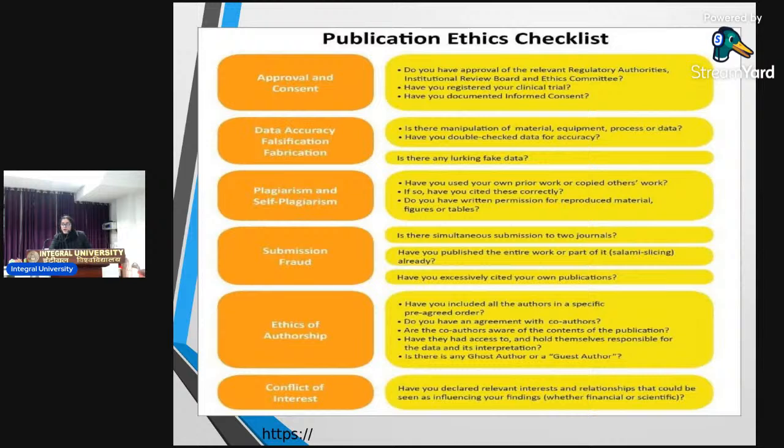If so, have you cited these correctly? There's no harm in using findings from other people's work, because you are also gaining inspiration from what they have reported, but you have to cite it properly. You have to give due credit to those original authors, right? Do you have written permission for reproduced material, figures or tables? If you're using somebody else's figures, we in biology do not do it generally,